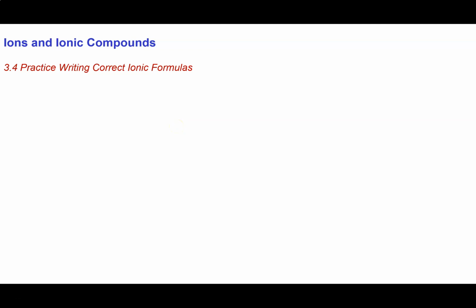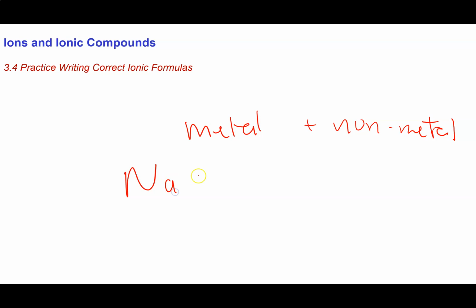So we've learned how to predict the charge on a single ion from its position in the periodic table. What would be nice is to be able to predict the formula of the ionic compound that forms between a given metal and non-metal. So I guess what I'm getting at is, how did I know that sodium and chlorine combined to